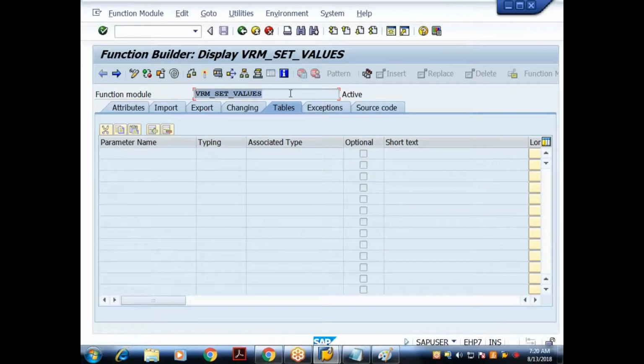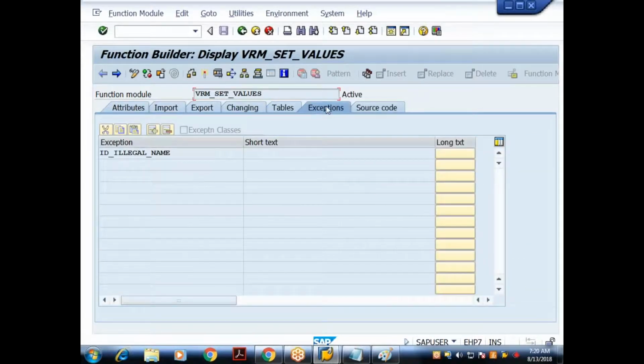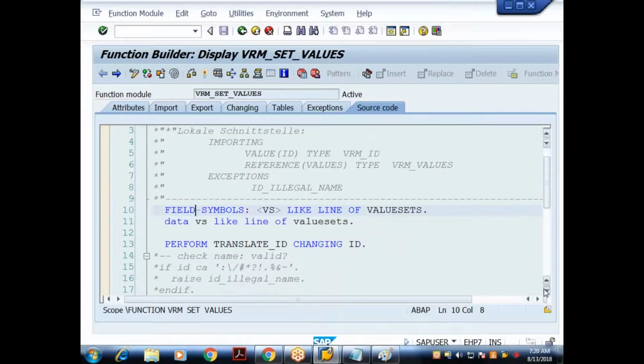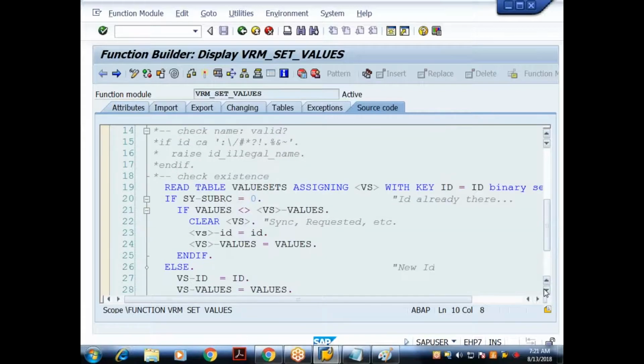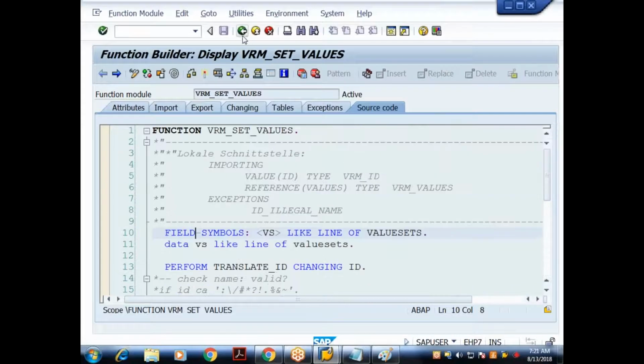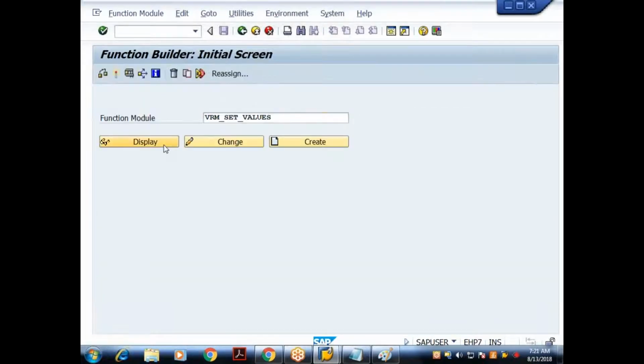Exceptions. A function module might contain exceptions. Last class, I believe I gave an example on exceptions. If an exception is not handled, there is a possibility that the program execution may lead to a runtime error. So if I go to exceptions, yes, it might raise an exception with such and such a name, so our job is to handle it. The source code, meaning the logic, is defined by SAP itself. Don't try to understand it. We cannot understand it, and there's no need to. Our job is only to check the signature of the function module.